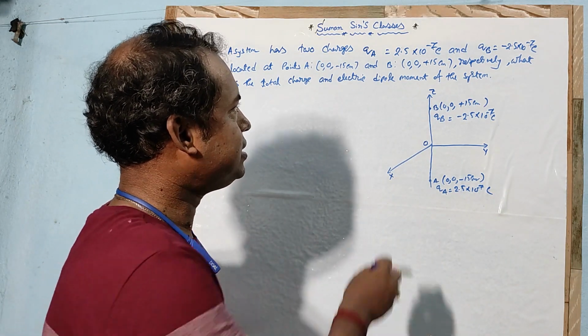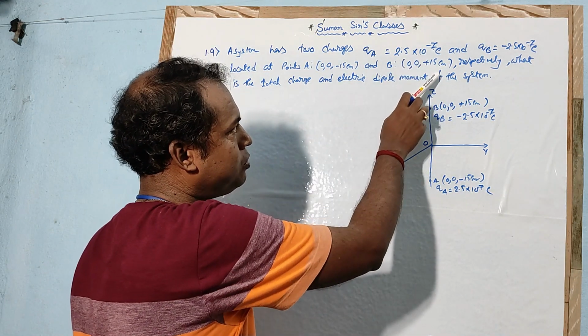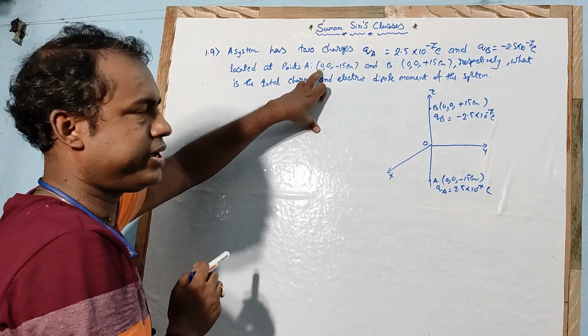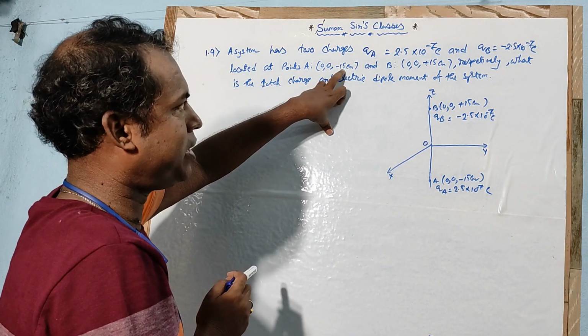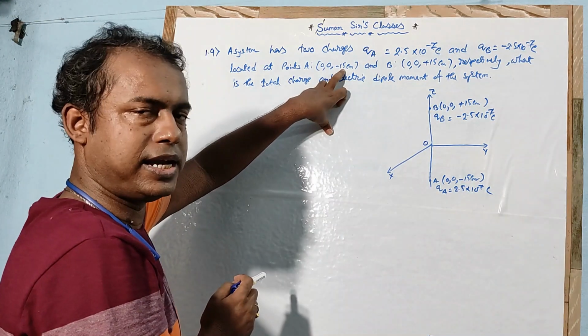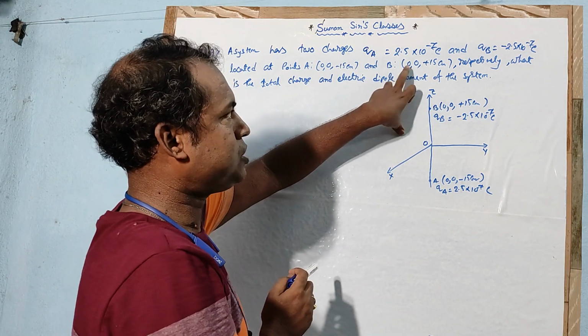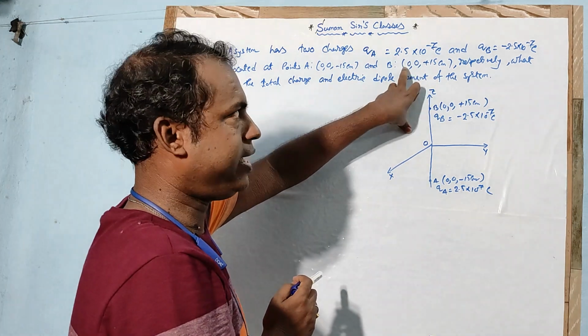So here QA is located at 0, 0, minus 15 centimeter. Let's check it out. The x value is 0, the y value is 0, and z is minus 15 centimeter. So it is on the negative z axis, located at point A. At point B, this one is also x, y equal to 0,